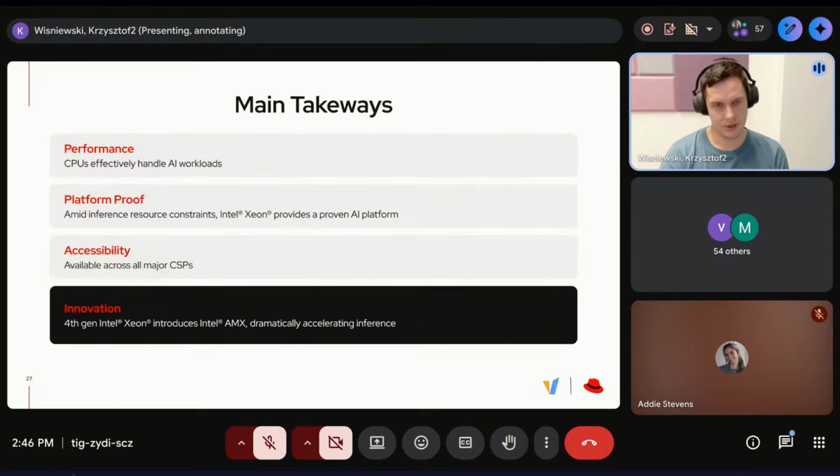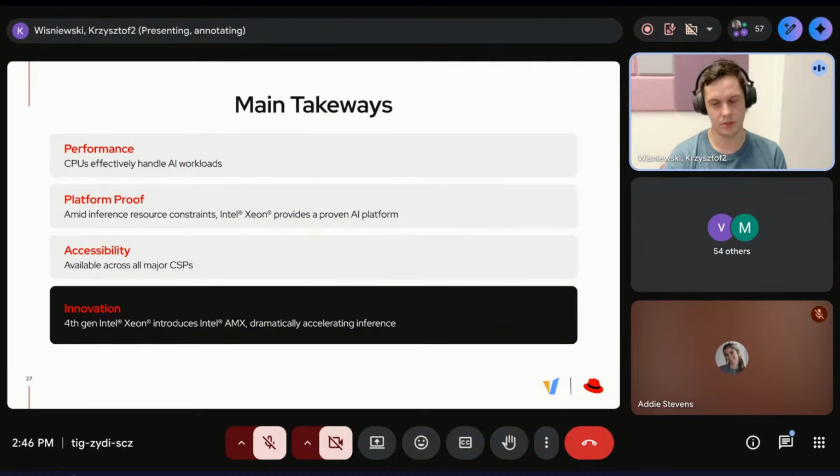So what I want you to remember from the presentation is that you can try running AI workloads on CPU. It will work with vLLM. We are trying very much to have it as good as possible. You can find our hardware in any of the CSPs: AWS, Azure, or Google Cloud.